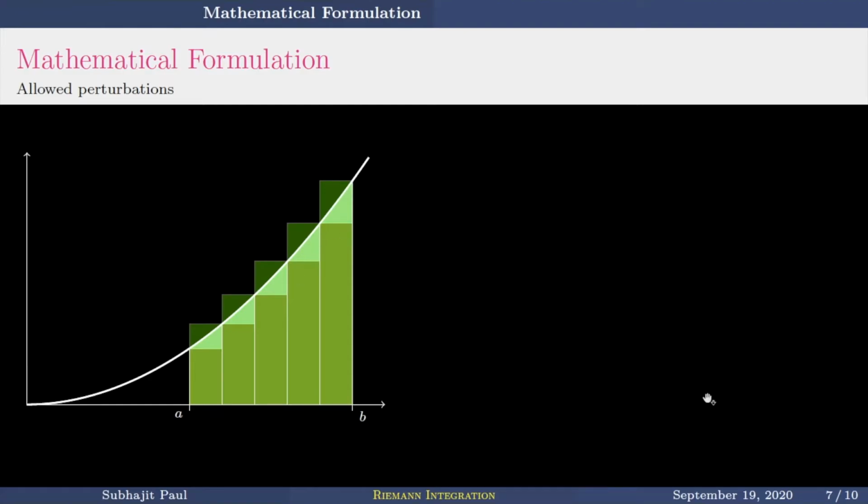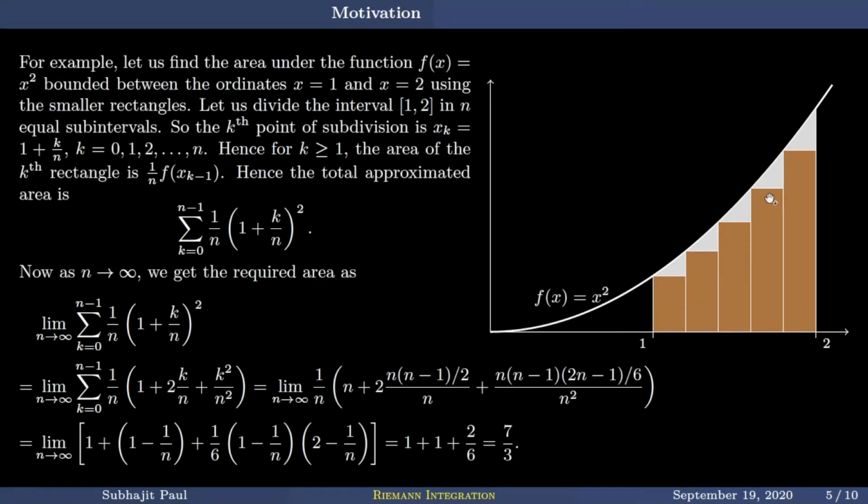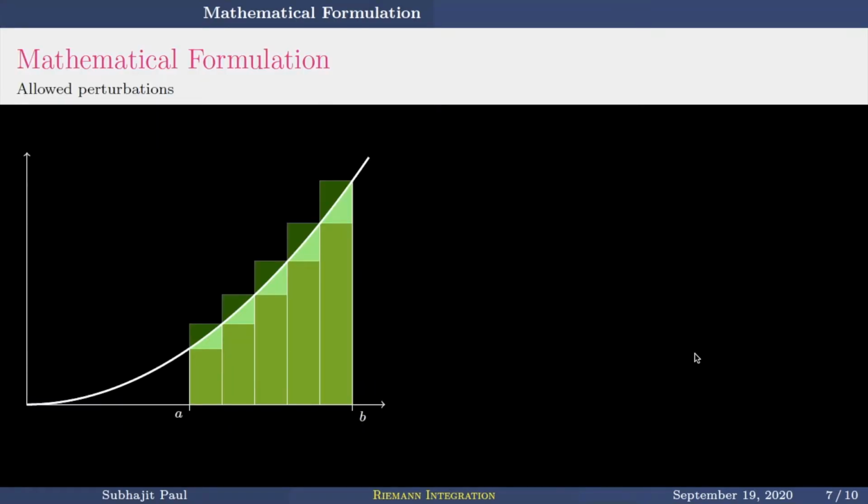Okay, remember? And we have seen in both cases, we have found the same answer, right? This is 7 by 3 we got in this way, and here 7 by 3 we got in this way. Remember, as Riemann is trying to do, he is trying to mathematicize whatever people have been doing so far. So the people, they did not have any restriction on which point should be chosen in the subinterval to be considered as the height of the rectangle. Okay, so that liberty we must allow in our formulation.